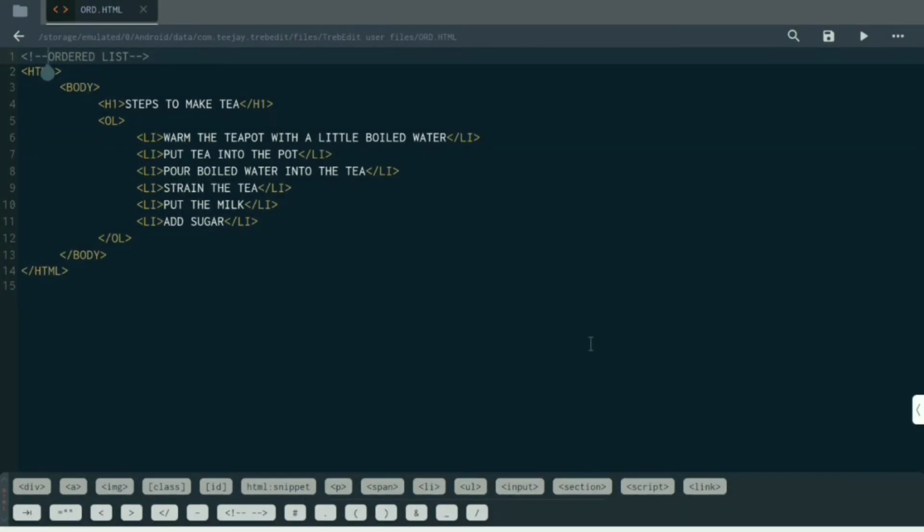Now I am going to explain how to use type and start attribute in ordered list. So inside the ordered list, we will use the type attribute.